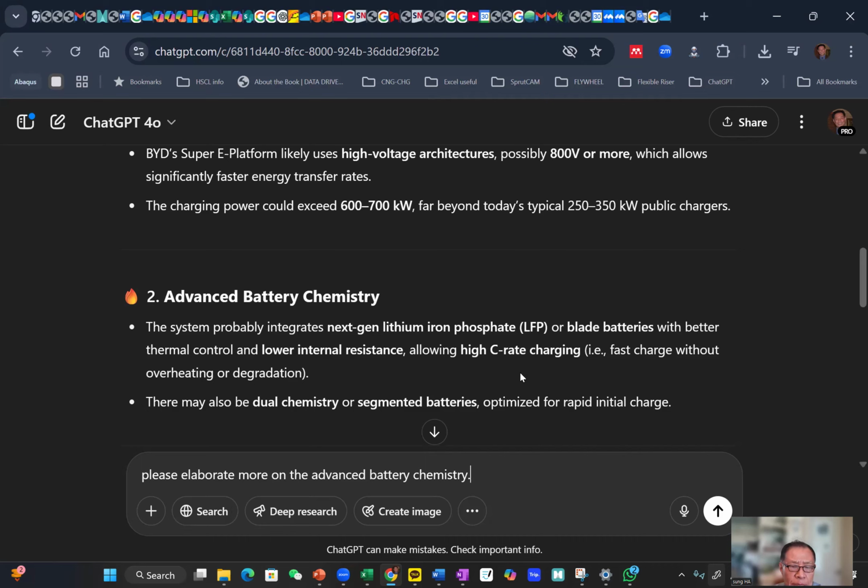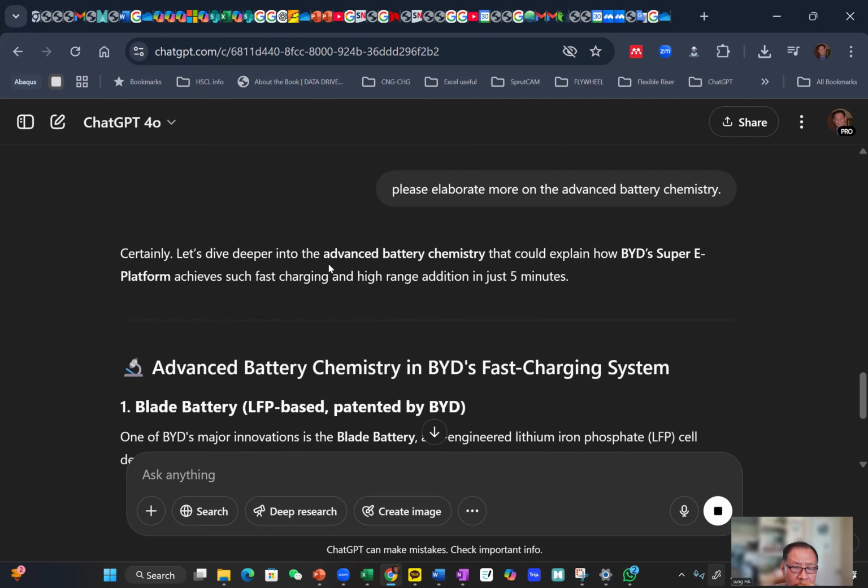But let's see what they're saying, to understand this point, the advanced battery that could explain how BYD Super